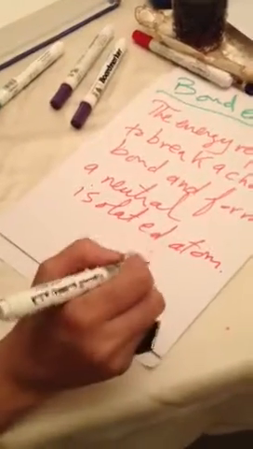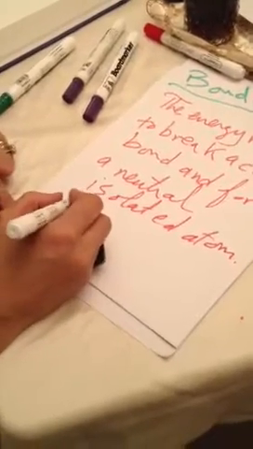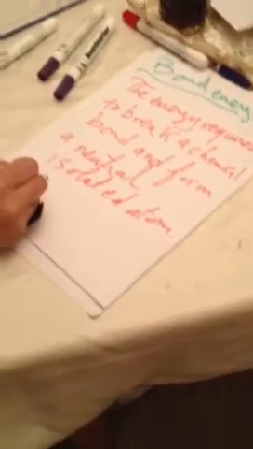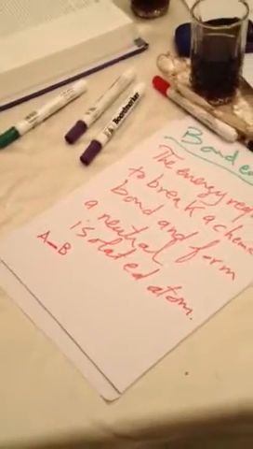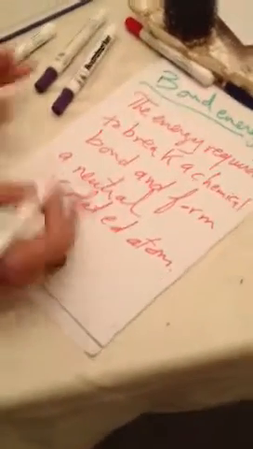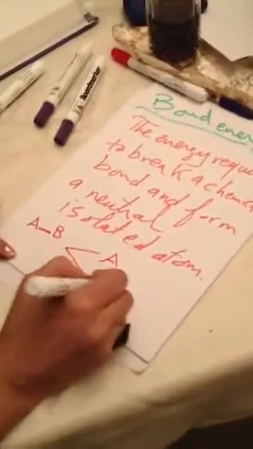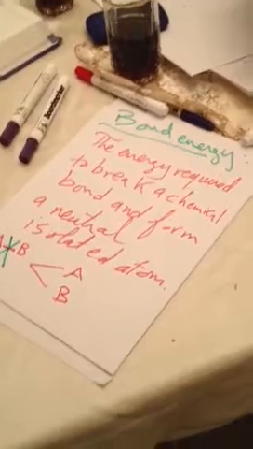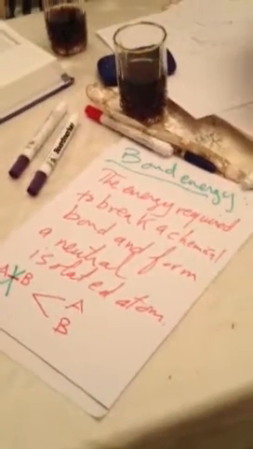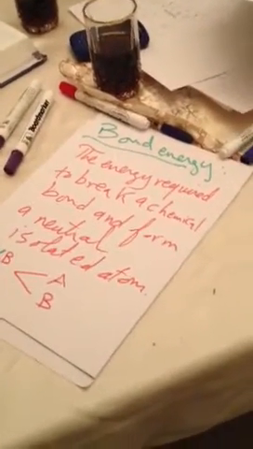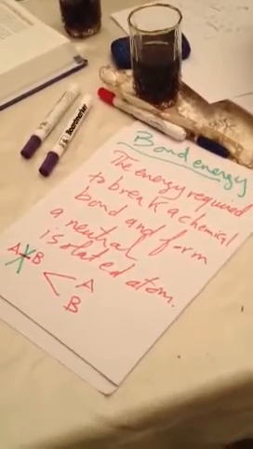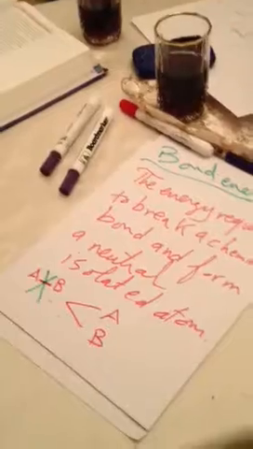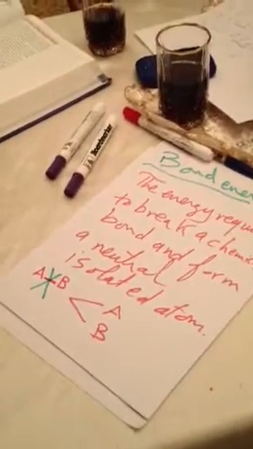خلاص أكيد طبيعي يعني if I have مثلا two atoms A and B and they are bonded together and I want to separate them into A and B, so this means that you need to break this bond صح؟ طيب to break this bond this needs energy or not? This needs energy. So this energy needed to break this bond between the two atoms to have isolated neutral atoms is called the bond energy. خلاص؟